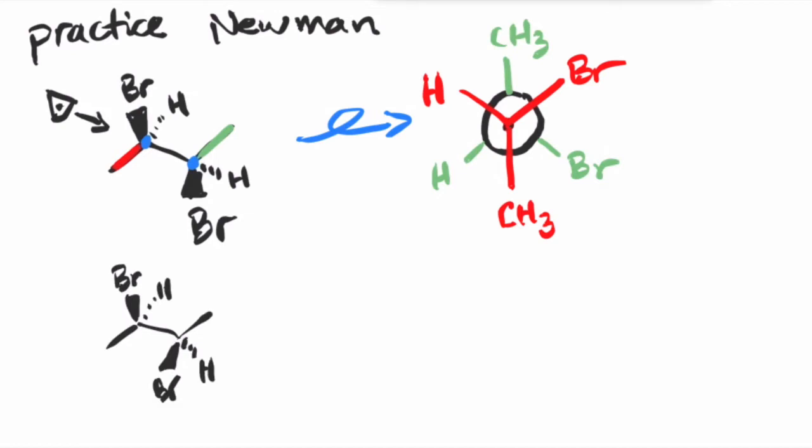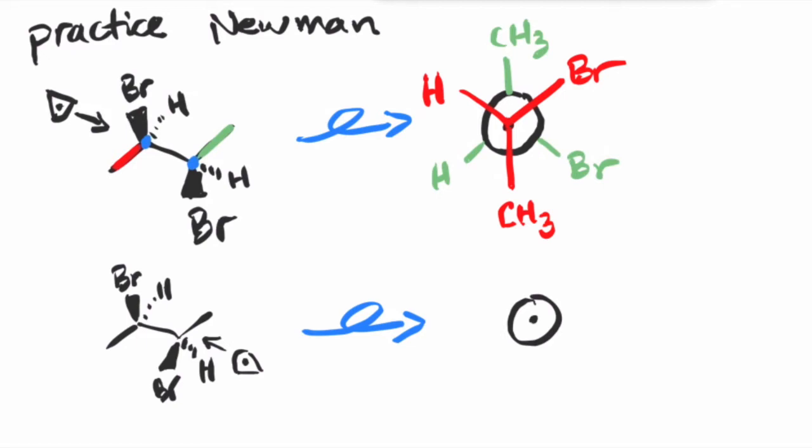All right, let's try that again. This time, let's draw it if the perspective was indicated from the bottom up. How would you draw this? Okay, so let's go ahead and try it. All right, so I'm going to start out with my circle and my dot. My dot in the front representing the carbon.